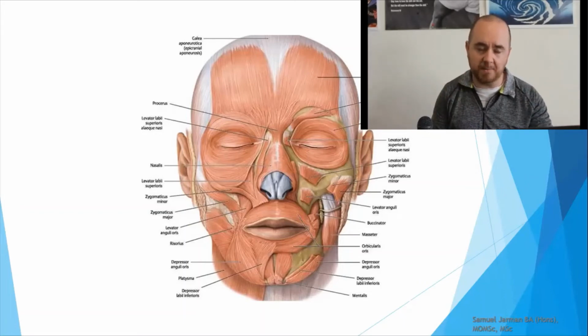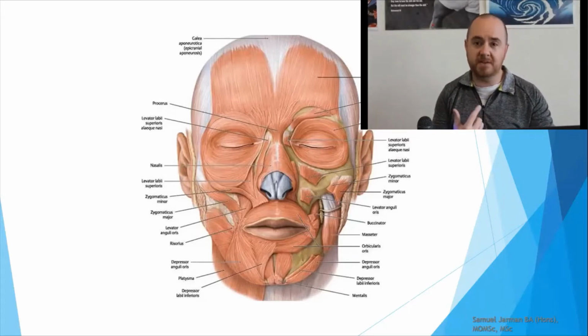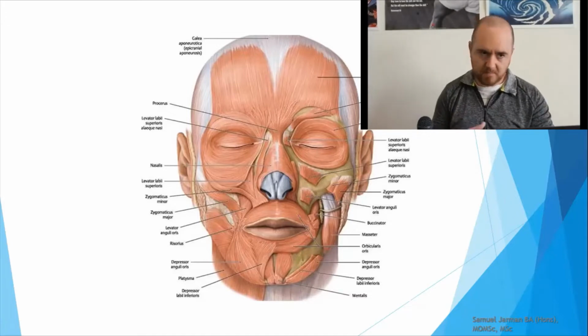Another thing that can be said is that because there are orifices in the head, in the cranium, some of the muscles, particularly orbicularis oculi and orbicularis oris, are sphincters because they go around the orifice and they can close the orifice. So very broadly speaking, orbicularis oculi and oris are also considered sphincters. So again, very generally, lots of muscles.